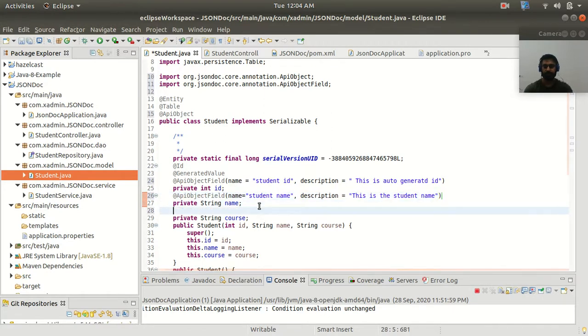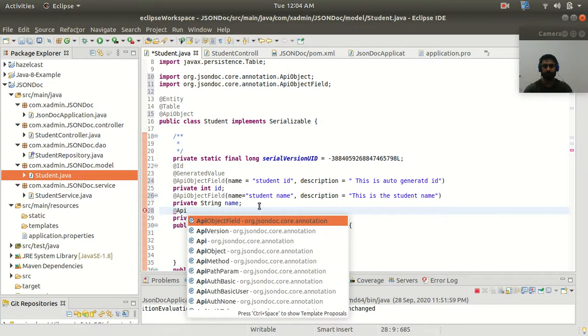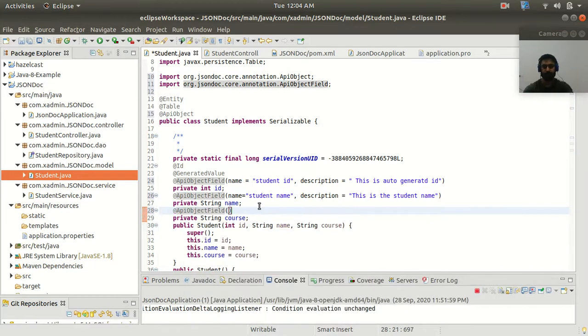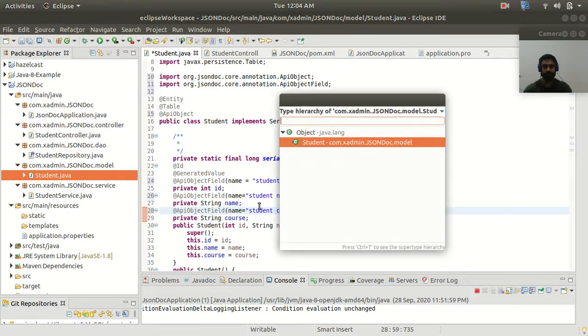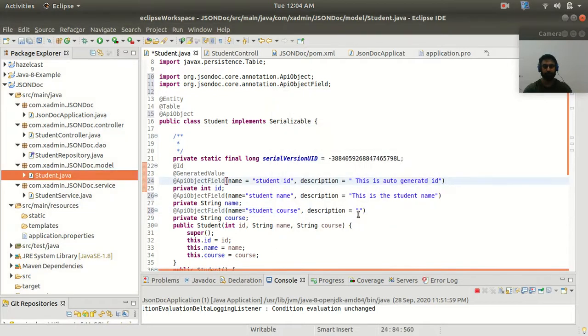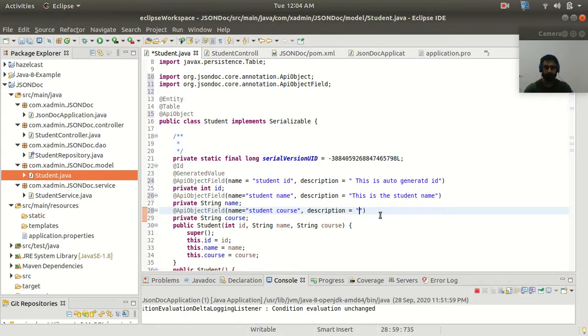So let's add some description for the course also, API object field. And then let's provide some name, let's say student course. And in the description part you can add something, let's say, this is student selected course, right?